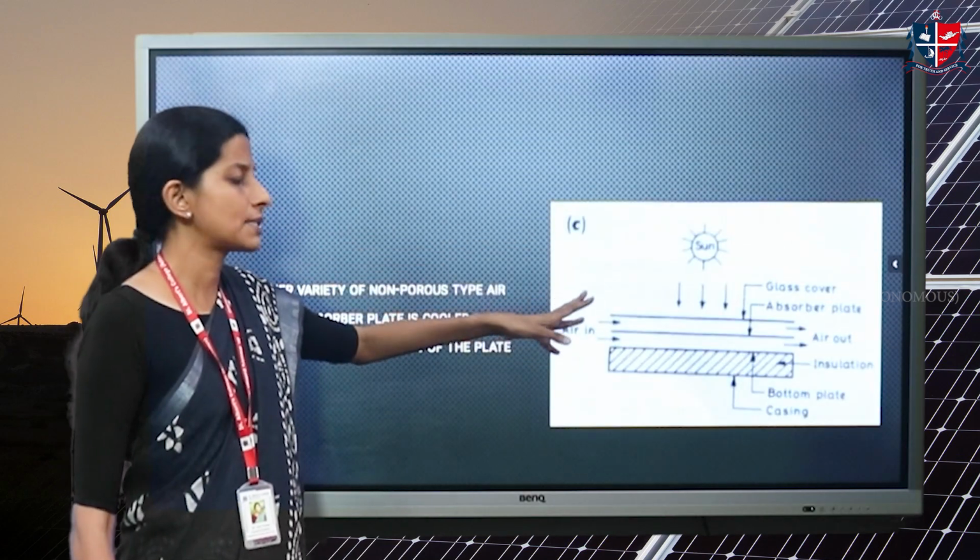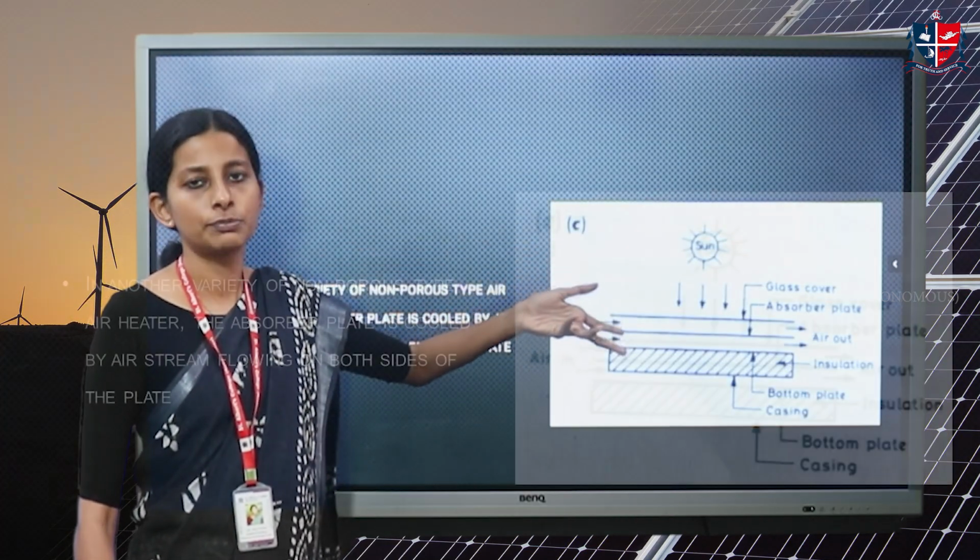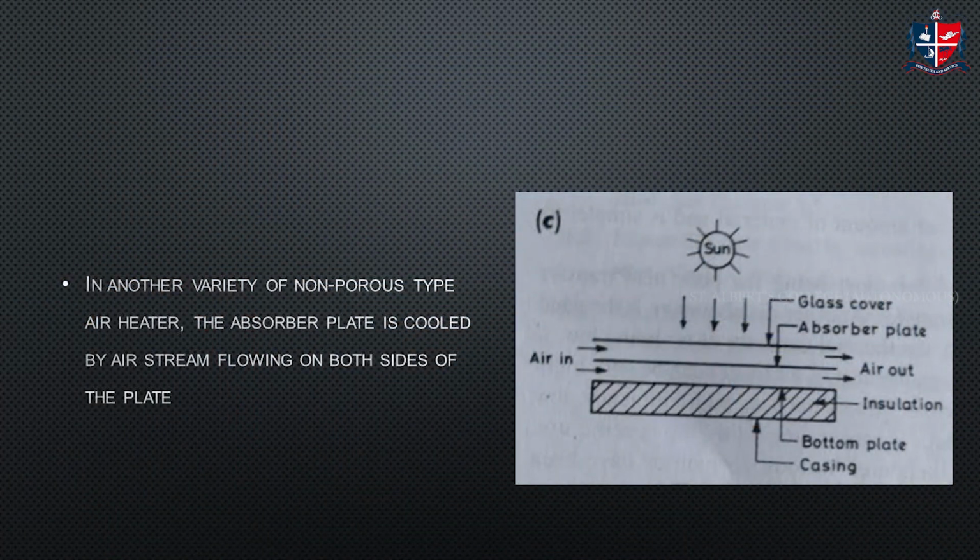These types are not as efficient as you can guess because these are all non-porous type. When you penetrate through it, you will naturally get more air heating. So in that aspect, these are not as efficient, but the schematic is simple. It is possible to heat up but may not be that lasting. So this is the third type.